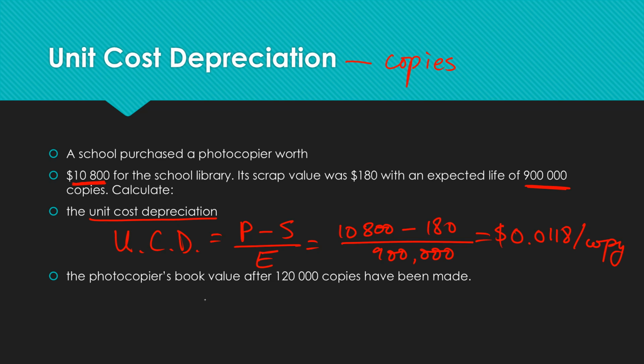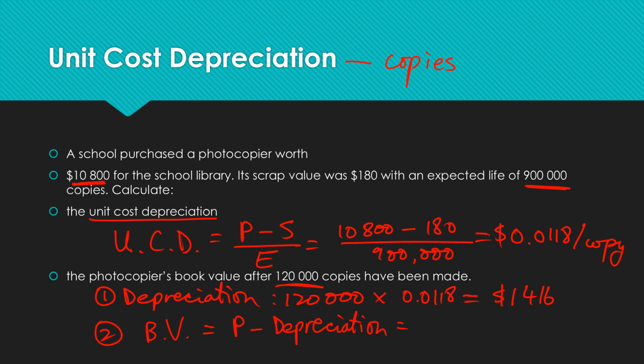Now, the second part is looking at what the book value is after making 120,000 copies. To look at this, we need to think about how much is being depreciated first, and by looking at that, we're saying over how many copies, after producing a certain amount of copies, how much would we lose? So we know we're making 120,000 copies. On each copy, we're going to lose $0.0118. So when we put this in, we know we're going to lose